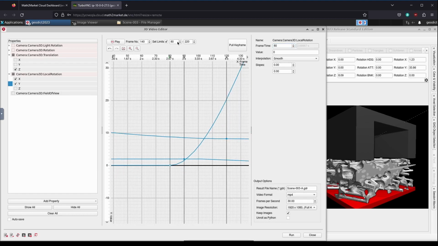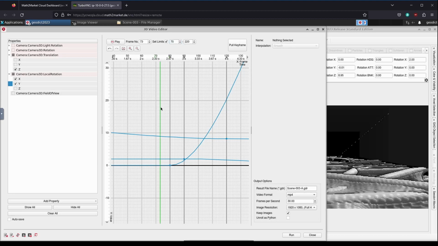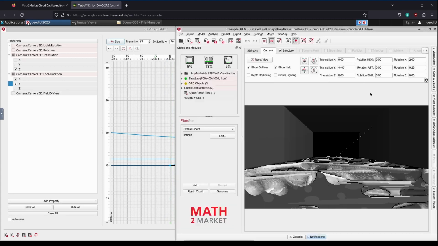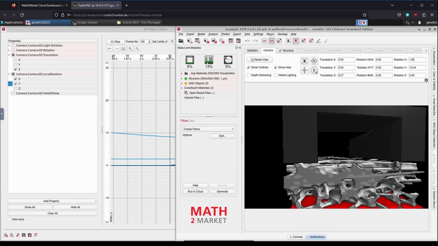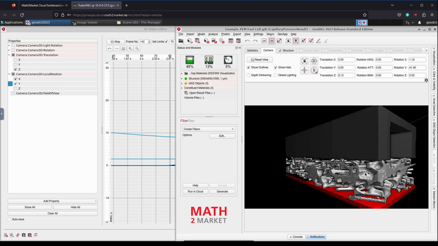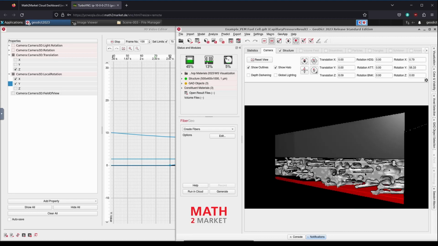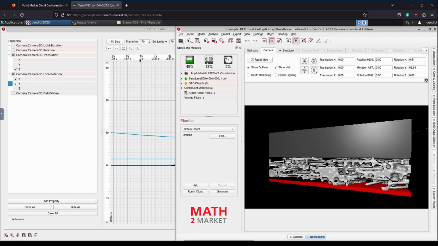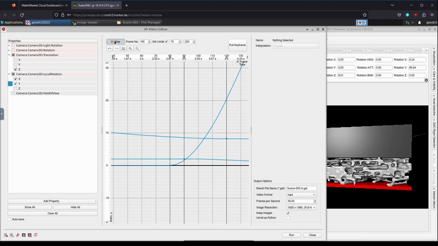We adjust the set limits so that it starts playing 10 frames earlier at 70 and look at the animation. Much better. The rotation no longer starts abruptly and the entire movement merges smoothly.